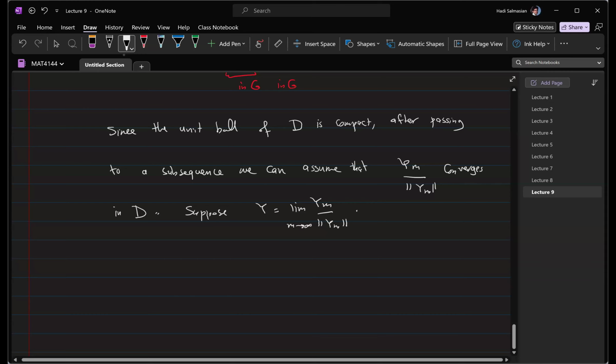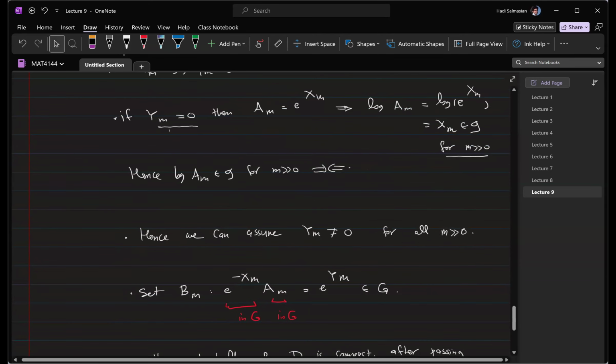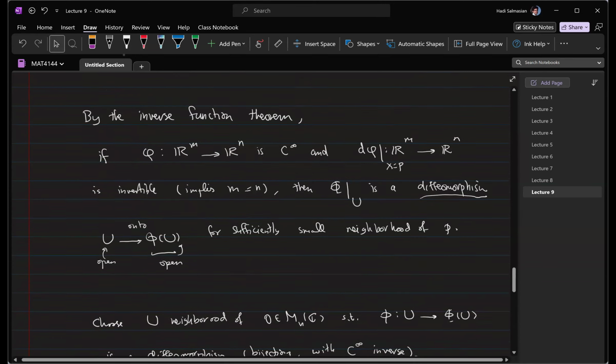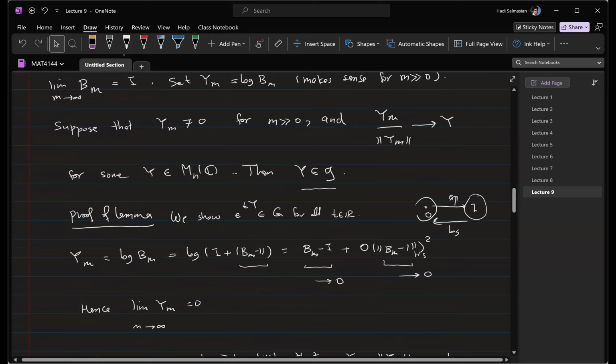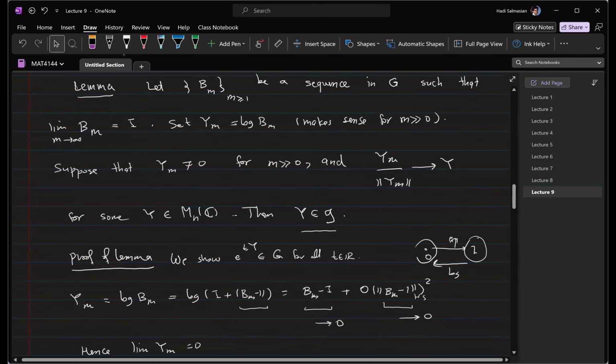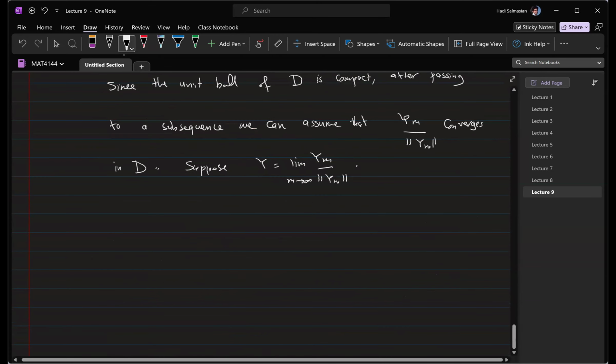As m goes to infinity. So now the lemma says that this limit should be in G, right? As you see the lemma, all the conditions of the lemma are met, right? So there's the lemma. The claim of the lemma was that this y is in G, right? So by the lemma,